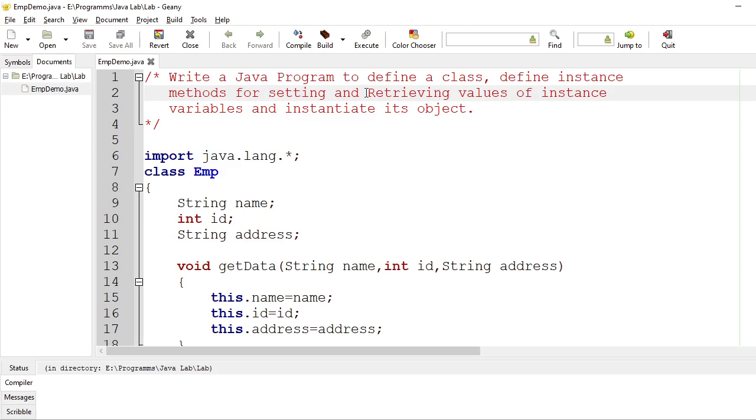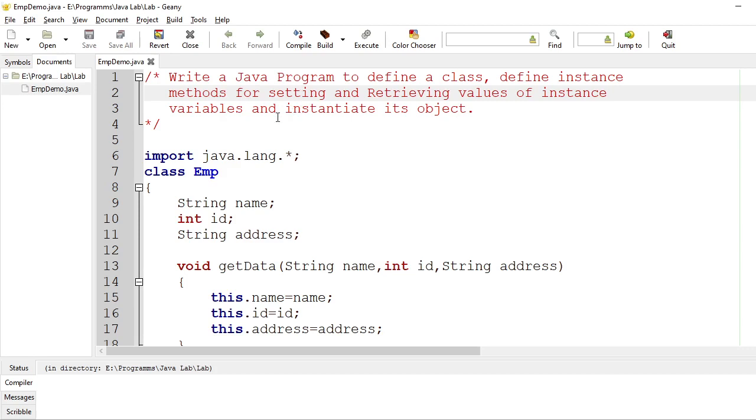The second one is for retrieving the values from the instance variables. So I have to create two methods, one for initializing the data and another for reading the data. Once this class is created, I have to create an object of that class and show the demo.